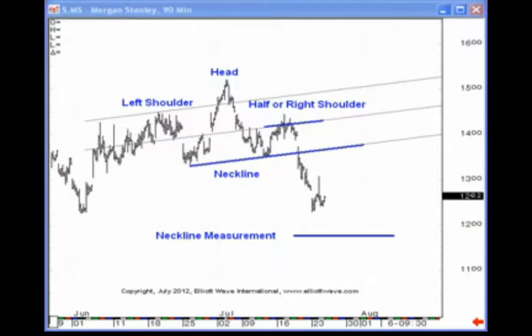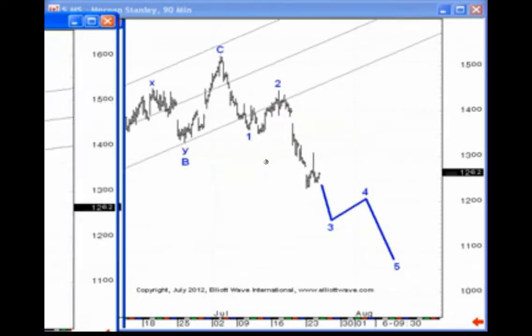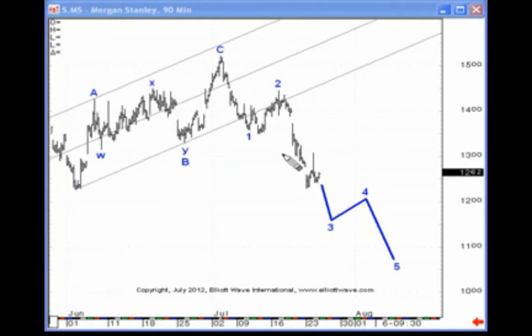Now, this price chart actually comes from yesterday's lesson. We were examining the head and shoulders pattern. This is Morgan Stanley, and I was showing how the head and shoulders pattern is incorporated very nicely, or fits very nicely, into the wave principle. Here was our head and shoulders pattern in Morgan Stanley. Here was our Elliott wave interpretation, which identified